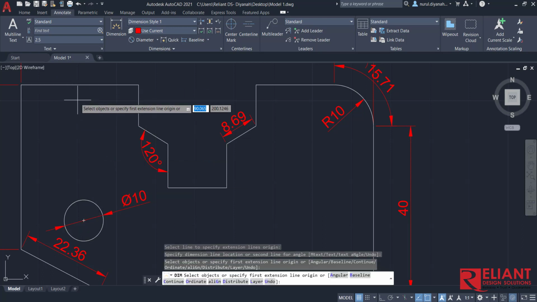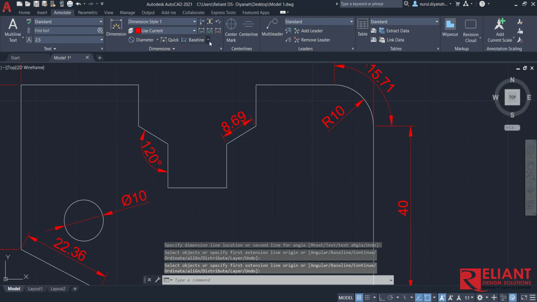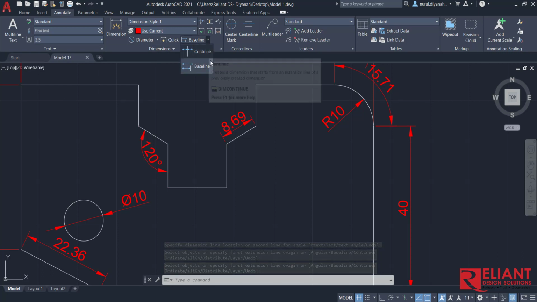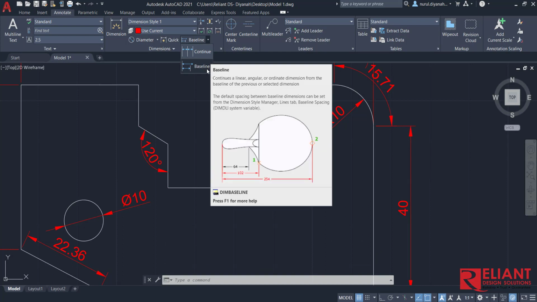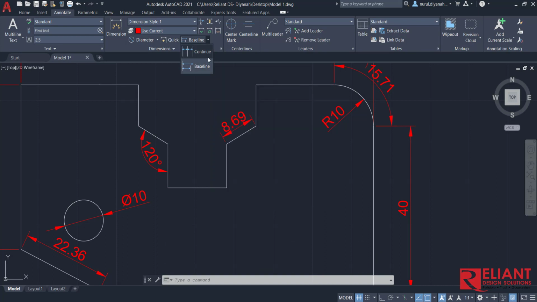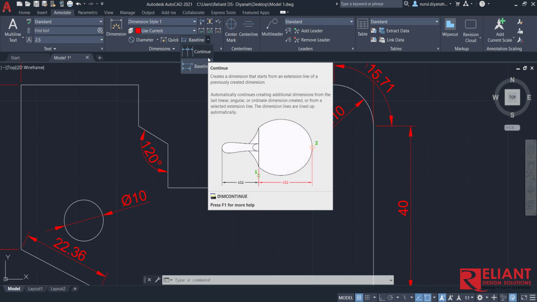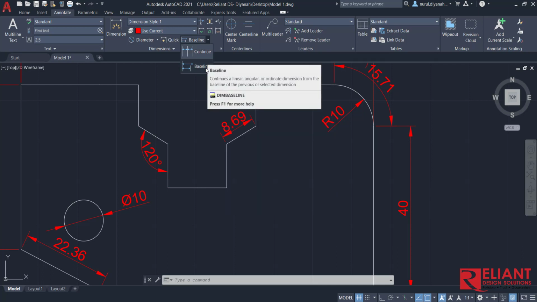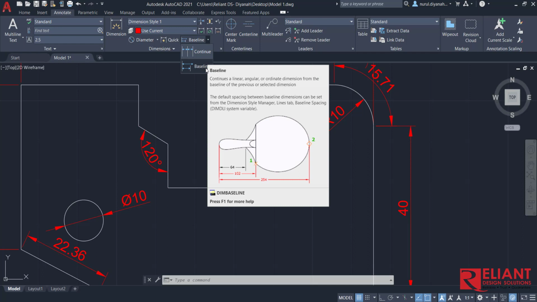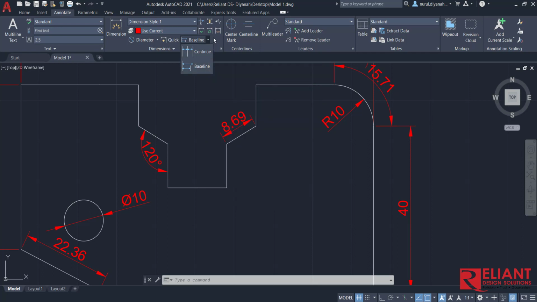We are in the last part of this demo. There are only 2 left, which are baseline and continue. The rule to use these dimensions is we need to place any type of dimension that we learned before, like linear, align, or anything. The easiest type of dimension if you want to see the comparison is by taking the linear type. So I will show you how to use both of the dimensions using linear as its starting. Place one linear dimension